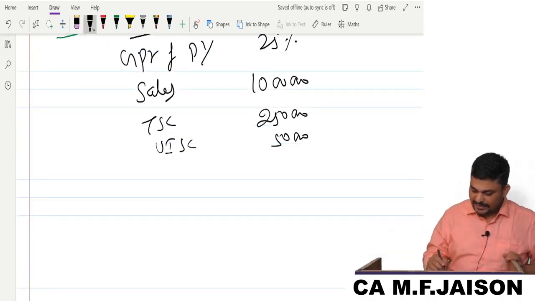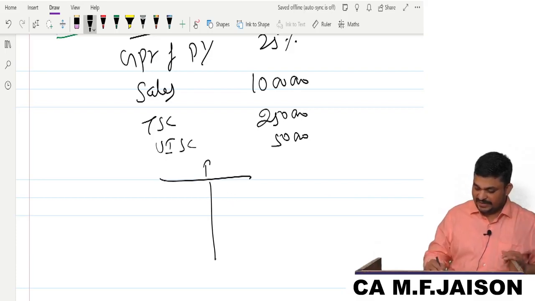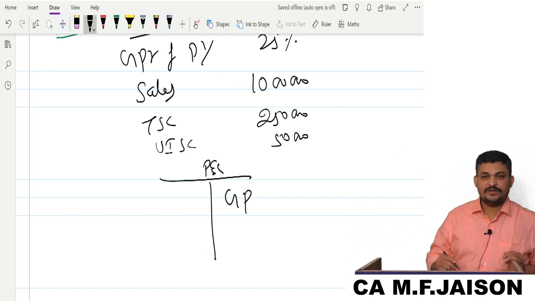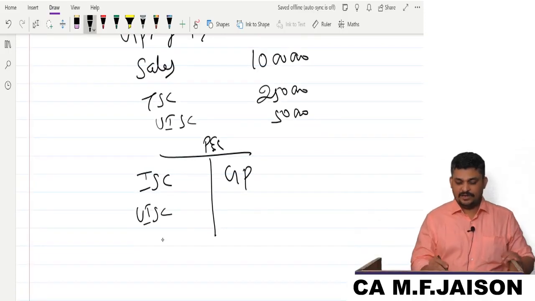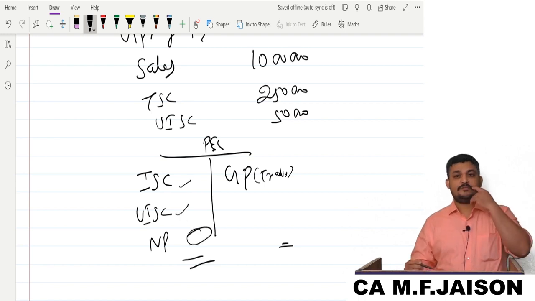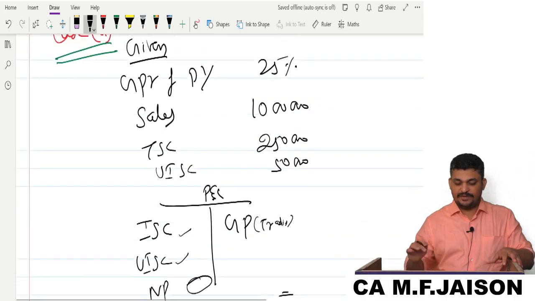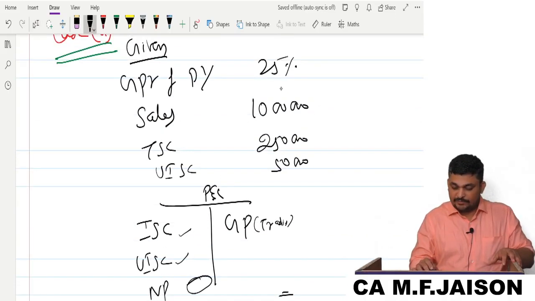If you take this normal format, you should understand that usually if you have P&L, then you have gross profit, then you have insured standing charges, uninsured standing charges, unless otherwise mentioned, no indirect incomes. So you take this net profit. In the normal trading account, gross profit minus insured minus uninsured will give you net profit. So in this particular problem, my dear friends, if you analyze properly, you find that it is 25%